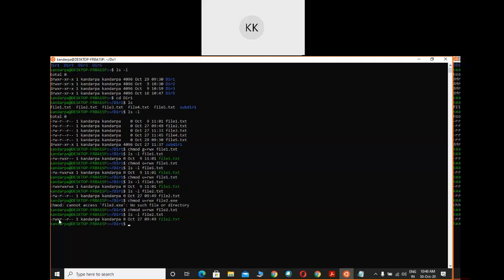Initially this was blank, now there is x, because we have assigned read write x permission to file 2.